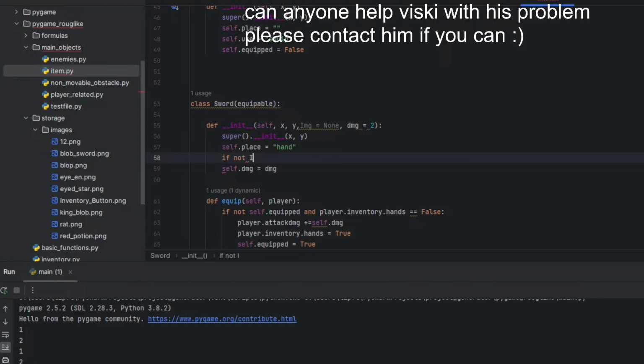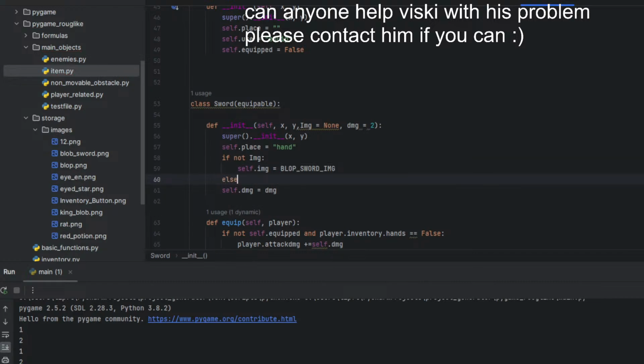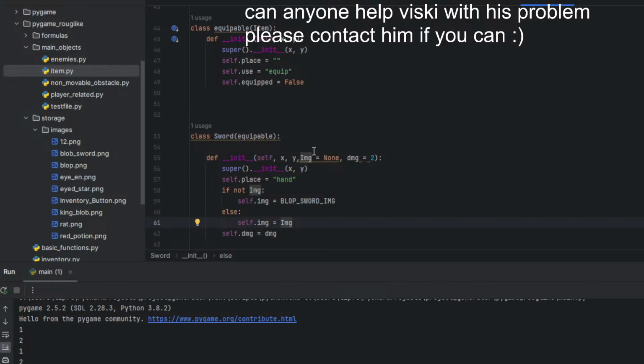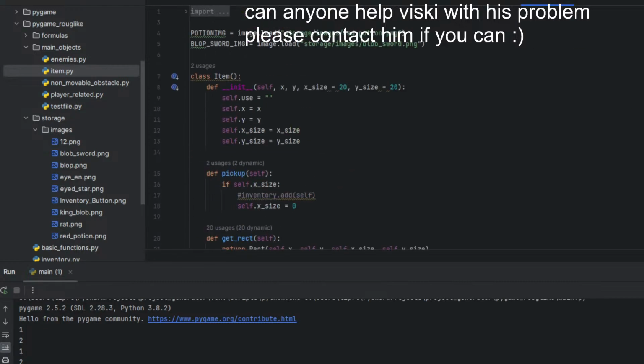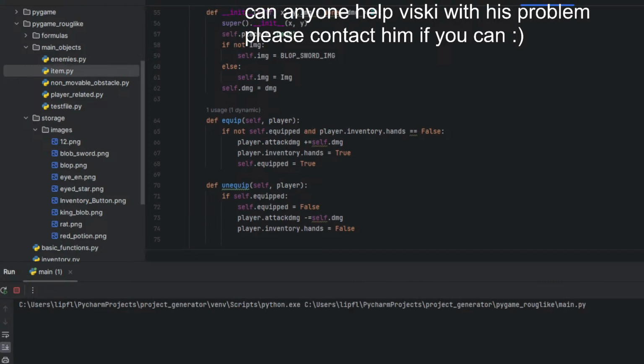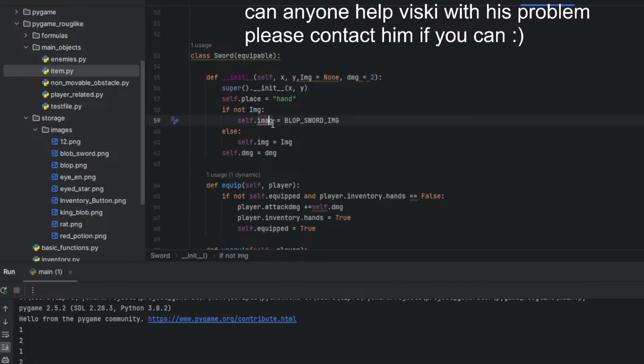If not image, save point image equals blobs word image, else set point image equals image. I get it. Should be called image.